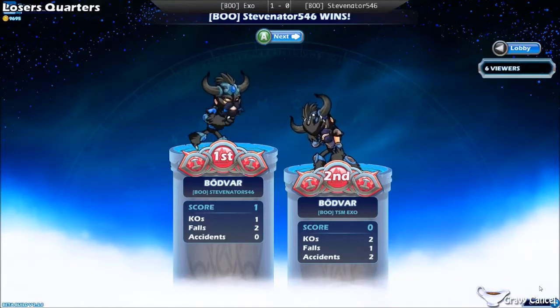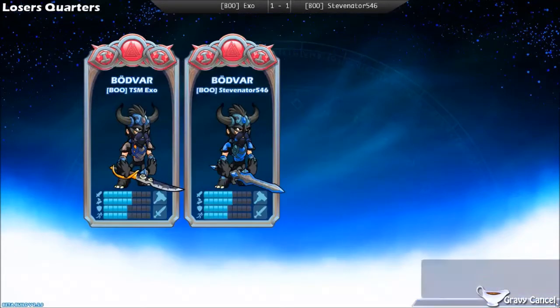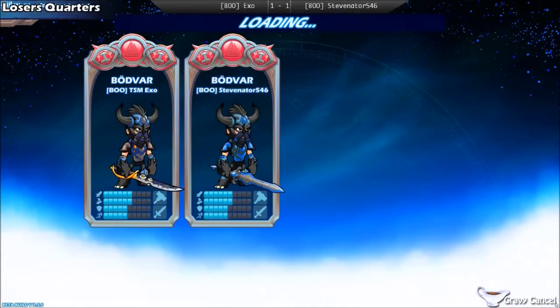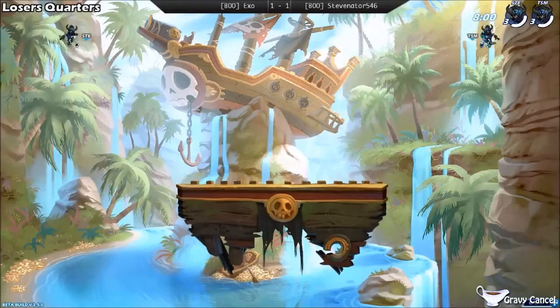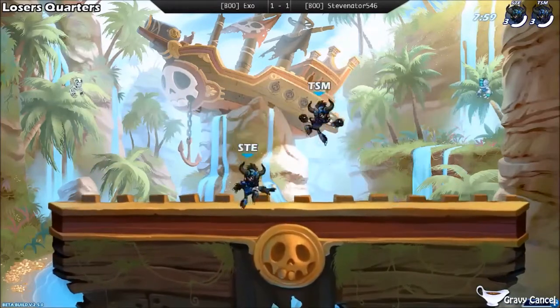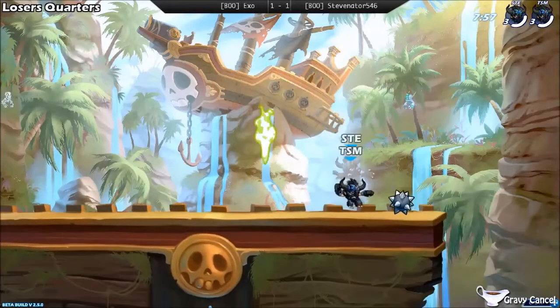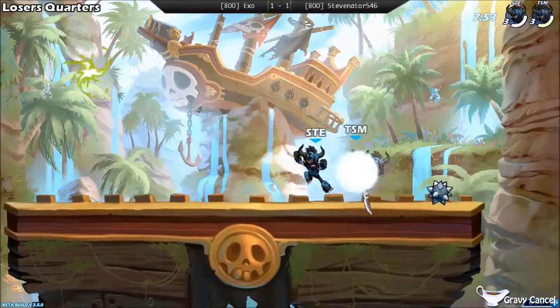Alright, there's some interesting discussion going on in the chat, but hopefully they continue to play their match. They're not even banning, and I think they're just going back to shipwreck. I think Exo's like furious the way Stevenator is playing right now. 2-1. And they go right into it. Alright, let's see what happens. Whether or not Exo's willing to BM him with these stock losses again,